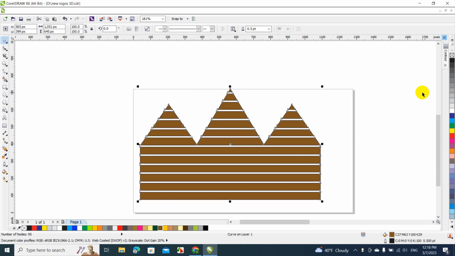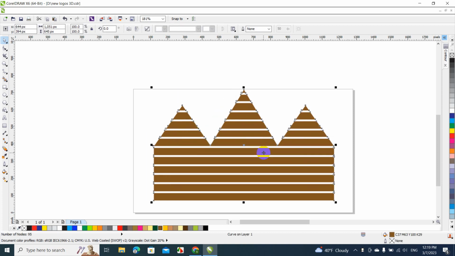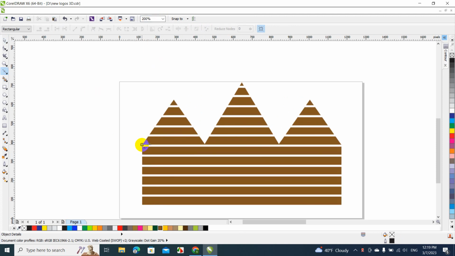And now let's turn this into wood color. Okay, so we have the basic shape here. We have some more to work on, but okay, now we're gonna use the Bezier tool. Just click on here and go to this one, Bezier, and I'm actually gonna zoom in more. Okay, so we're gonna do the roof right now,